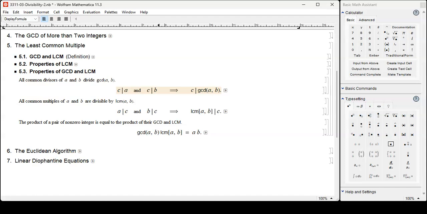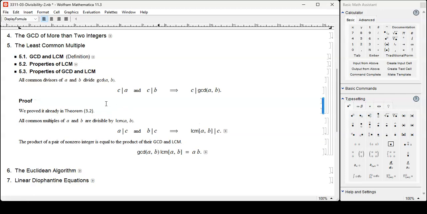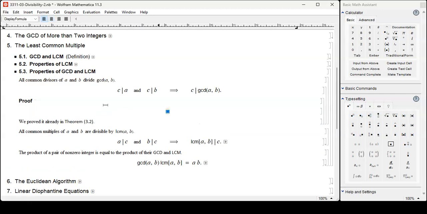And let's begin with a property on GCD. Remember this property? We went through this already. If C divides A and C divides B, then C divides the GCD. Remember the proof? We went through that already, so I didn't write it out here. Basically, the GCD is